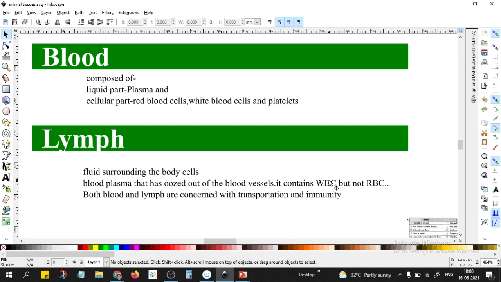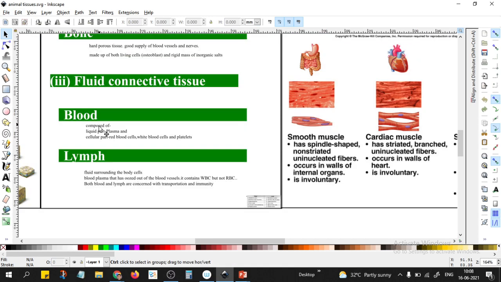So how to improve the immunity? Keep your lymphatic system active. Sitting before the TV, watching the mobile, just being stationary at one place is not going to improve the immunity. One has to do some physical work throughout the day, keep moving. That will help in the circulation of the lymph. So wherever the infections are, the WBCs will be able to reach faster and clear those things. Okay, so in this way we have the fluid connective tissue, that is the blood and the lymph.